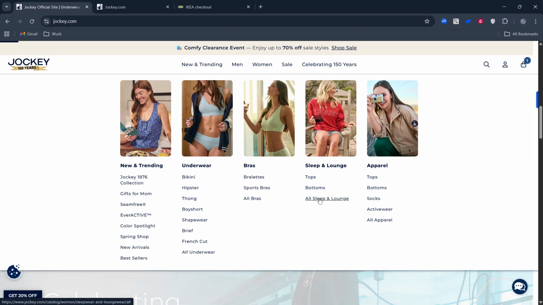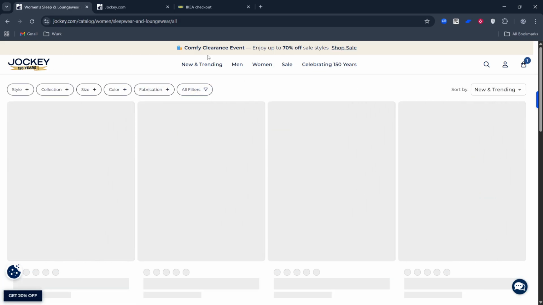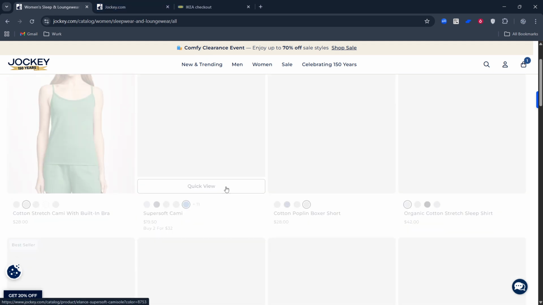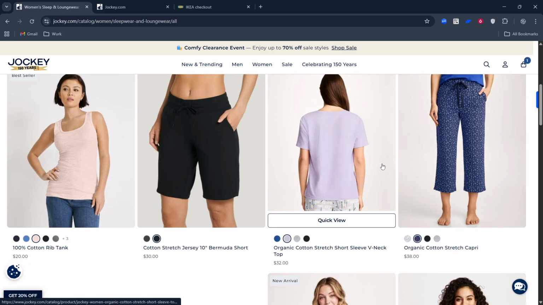Now, add the items you want to buy. Browse categories such as innerwear, t-shirts, loungewear, or socks, and choose the products you like. Select the size, color, and quantity that suit you, then click Add to Cart. Take a moment to review product details and sizing guides if available so you pick the right fit the first time. When you're ready, go to your cart.